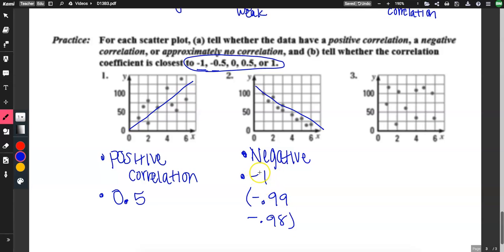You're not going to ever see -1 on your calculator. Not in real data, that doesn't happen, but it's really close. And the last one, I don't see any way I can draw a line of best fit here. So this would be no correlation, meaning my R value equals 0. Okay,